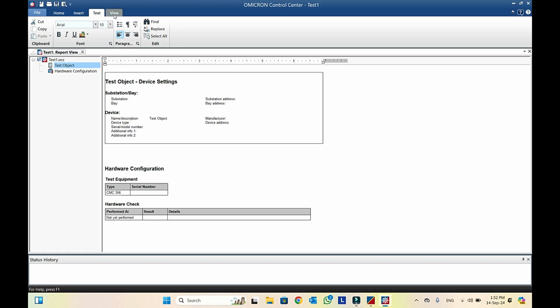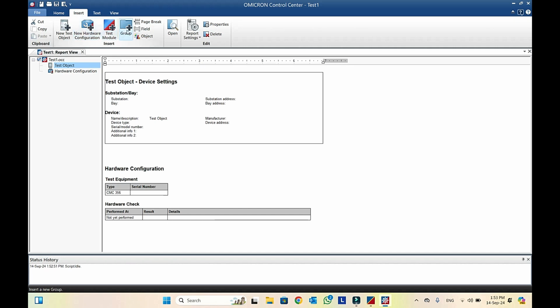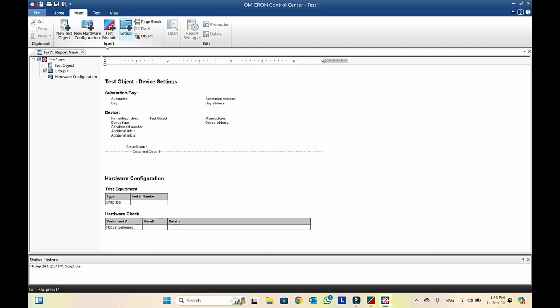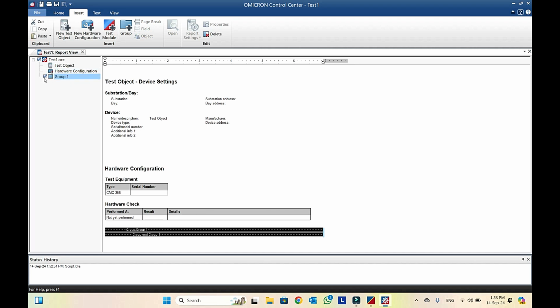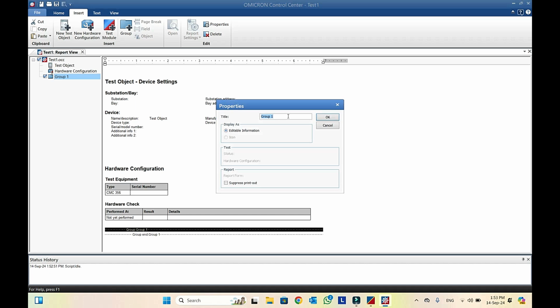So next is the View tab. In the View tab, we have different views: list view, report view, script view, full view, and side by side. Now, for example, if we want to test the overcurrent relay, what do we do? First, we insert a group. We will insert a group from here. Okay, this is our Group 1. We can name it by right clicking and going to Properties. We can give the name here,